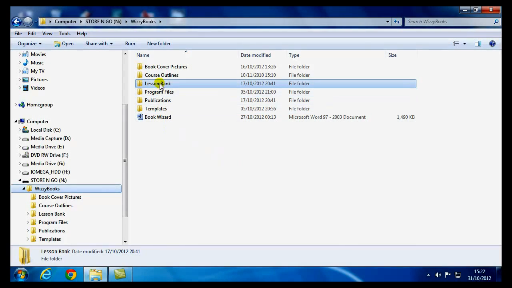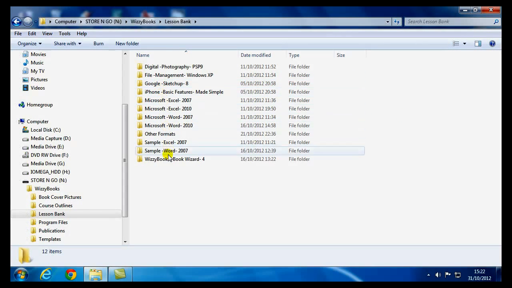We'll need some lessons inside a lesson bank, and if I open up my lesson bank folder, you can see that I've got a number of lesson banks in here. The sample lesson banks are supplied with the Book Wizard so that you can get a feel for how the